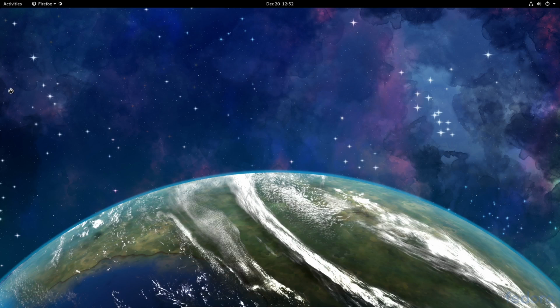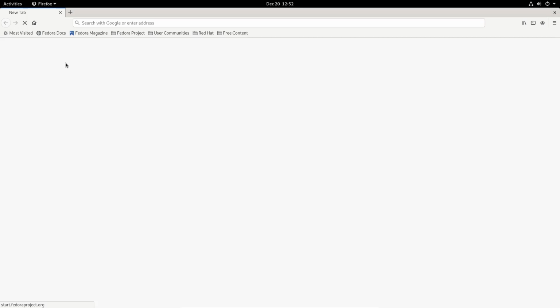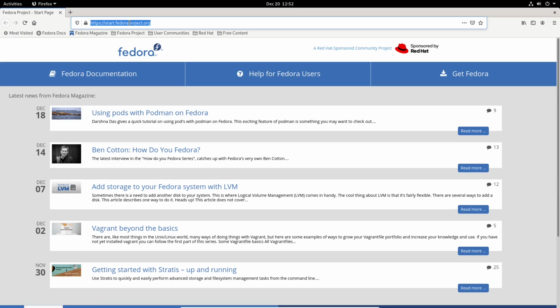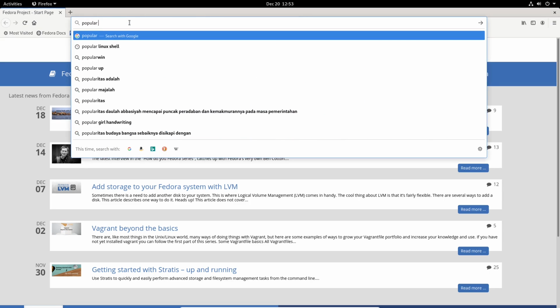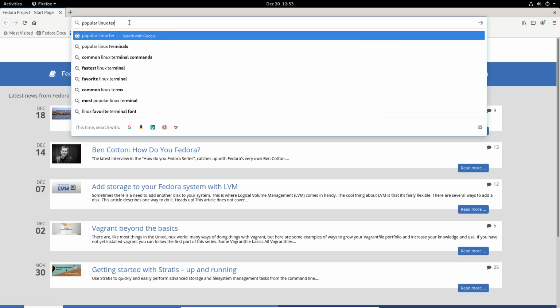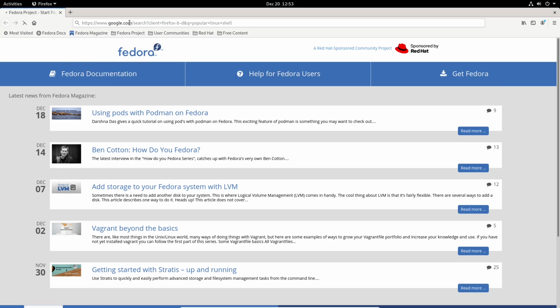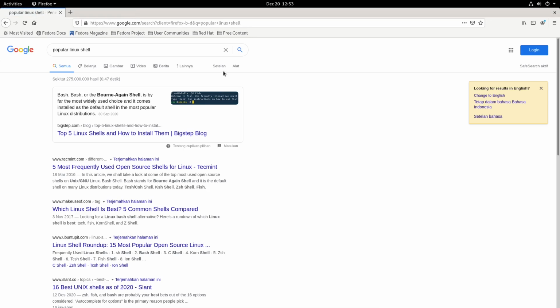Open your browser and just type, for example, I type popular Linux shell. Okay, this is the result. I click this one.